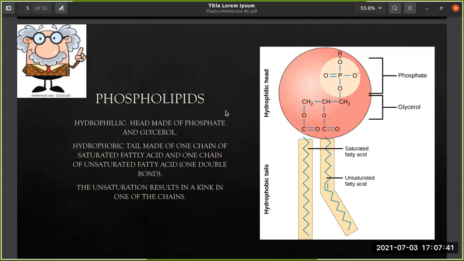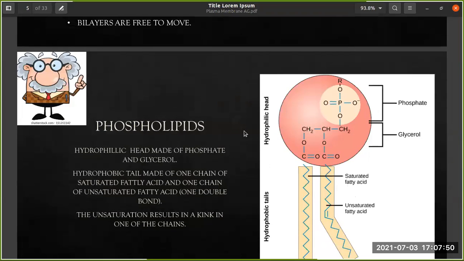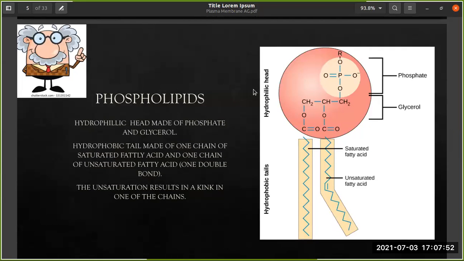So now we see what the phospholipids are. You see these little blue balls with little legs on them. So this is the phospholipid, which is drawn large. This is extended. So what are they? You can see the top part is the hydrophilic part, that is, it loves water. And the bottom part, this is the tail, is the hydrophobic part that hates water.